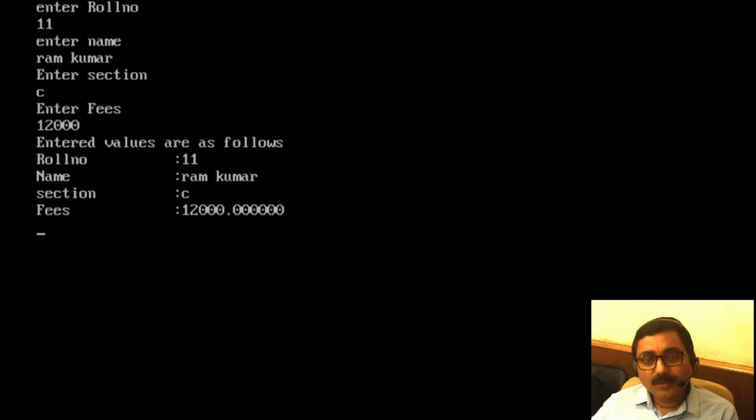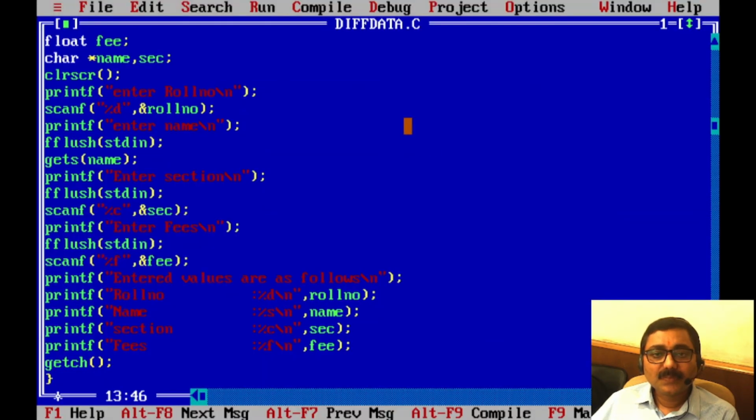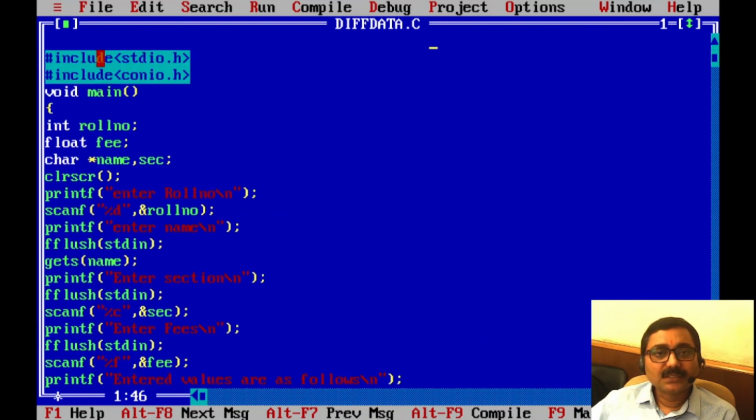So that's all about how to read various or different data types from the user using the scanf function and how to print the same. So I hope now you are able to understand this. It's very simple.